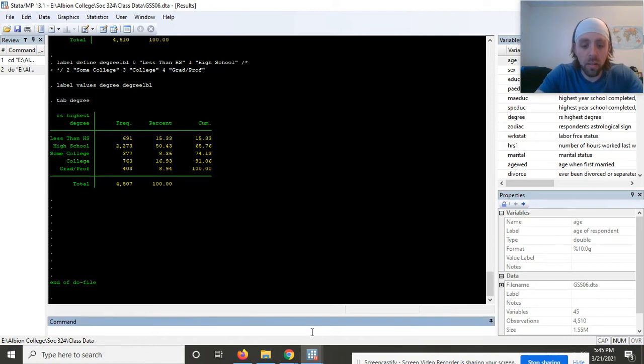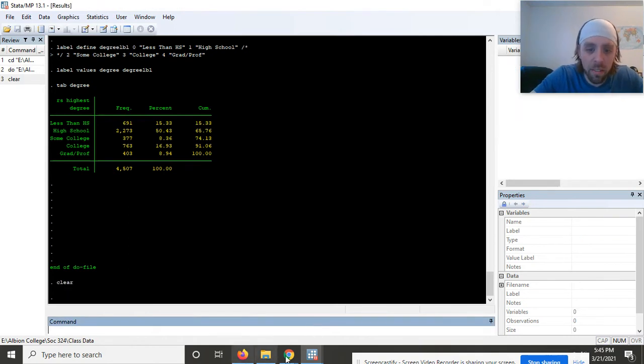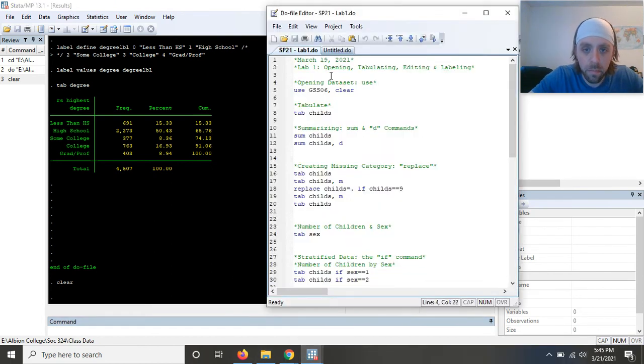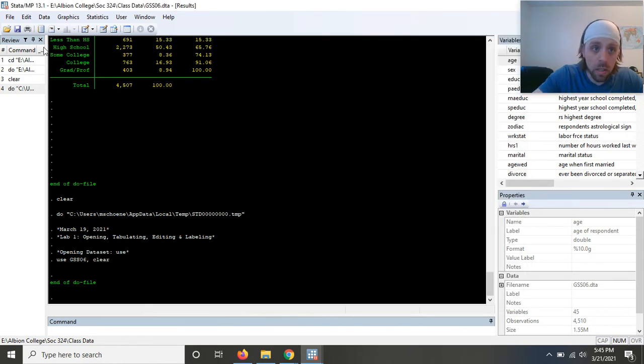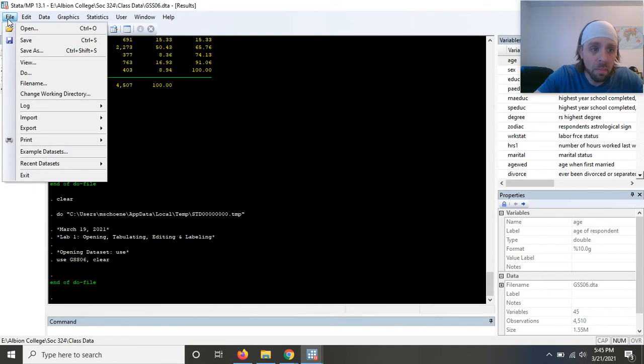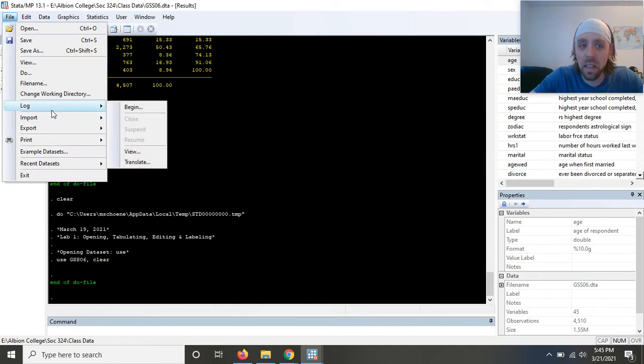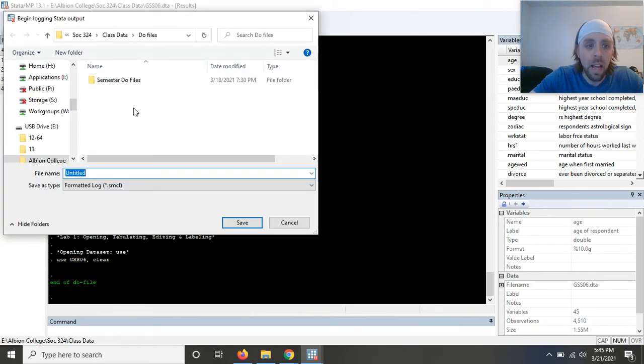Okay, so let me start over here. I'm going to type clear, and that gets rid of my data. I am going to reopen the data, and now follow along closely. I am going to go to File, and then I am going to scroll down to where it says Log. Then I'm going to hit Begin, and I will have to save something. This is going to be saved exactly where my do file is, so let's just call this Lab 1, because